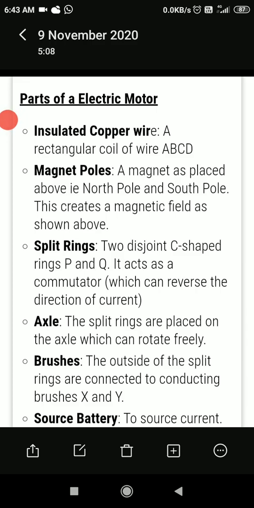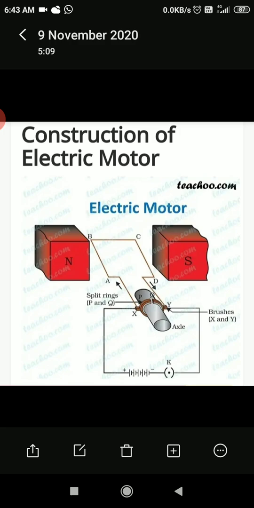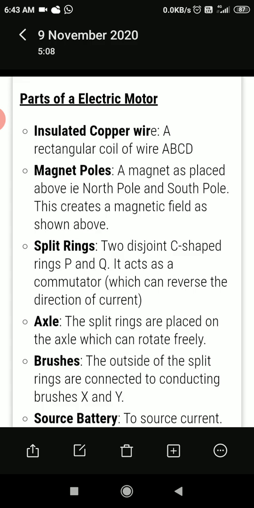Now the axle. The split rings are placed on the axle, which can rotate freely. Here they have shown us the axle also, but in many pictures you will not see this axle. Then the brushes outside of the split rings are connected to conducting brushes.